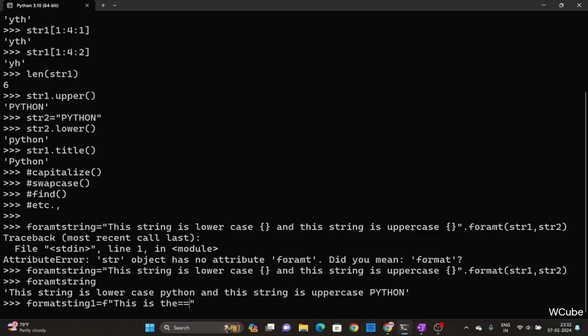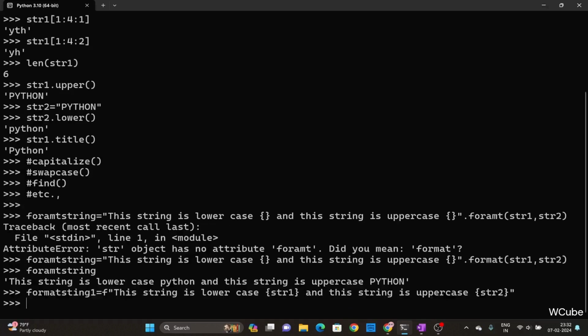This string is lowercase str1, and this string is uppercase str2. If we get the value of format string 1,